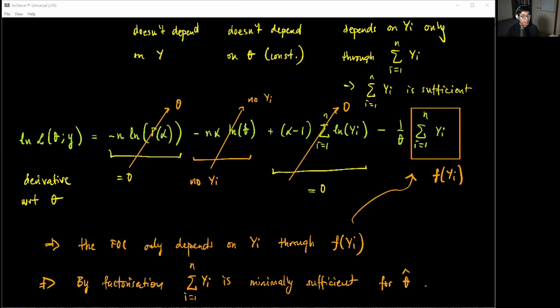And once you do that, you can invert that moment generating function to figure out that the sufficient statistic is actually gamma distributed. So what you'll find is that it's gamma distributed, and therefore,